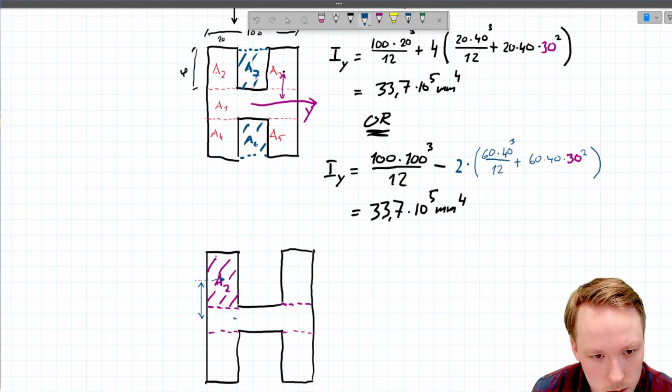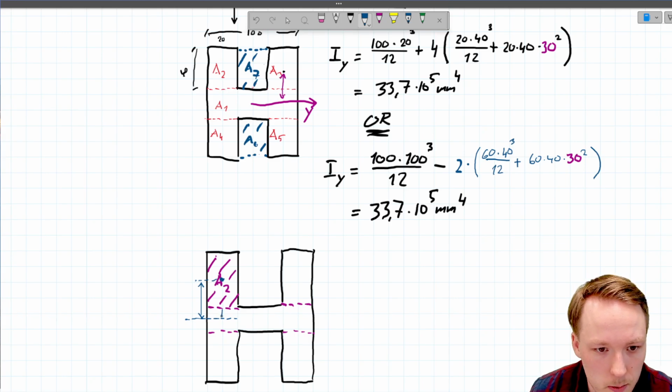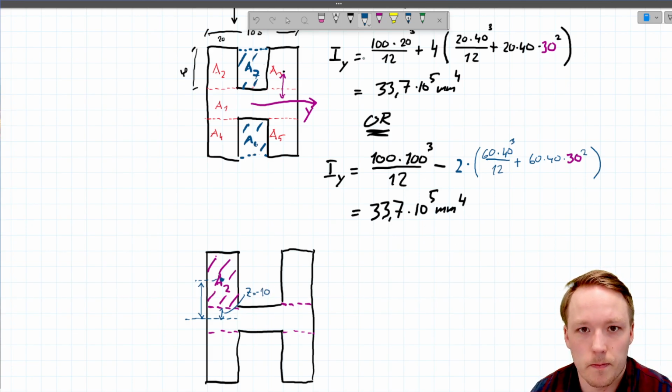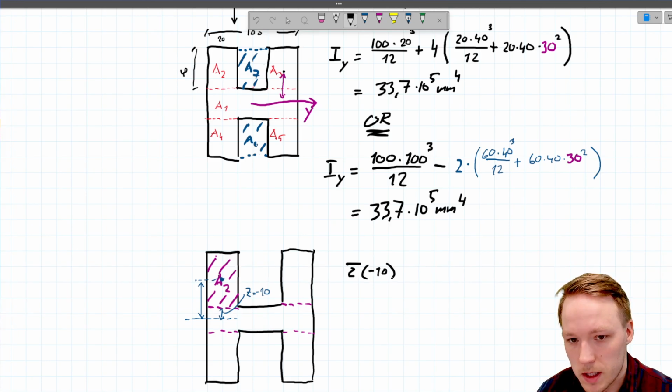So we have two distances here. That is the distance to the center of the area, and then we have this distance here, and that is the z value, and that is -10, right? So shear stress at -10 is